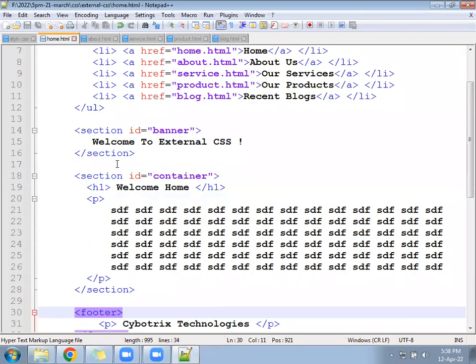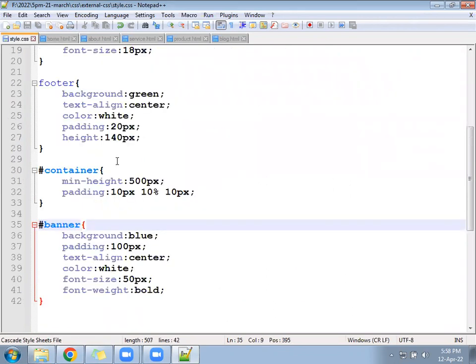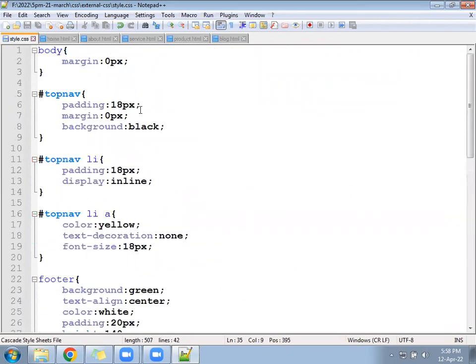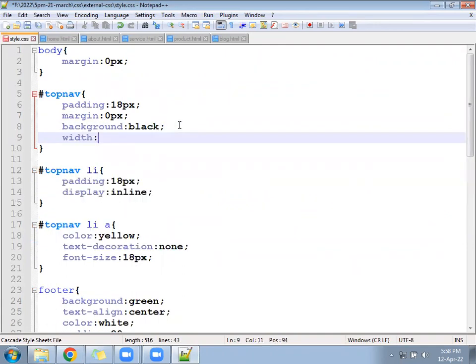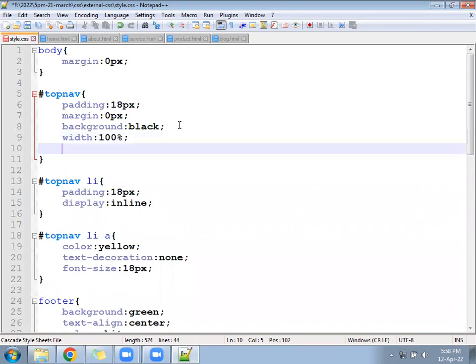Okay, come to the CSS file. Under the CSS file, for top nav, first we need to write the width, 100%. After that, apply the position as fixed.